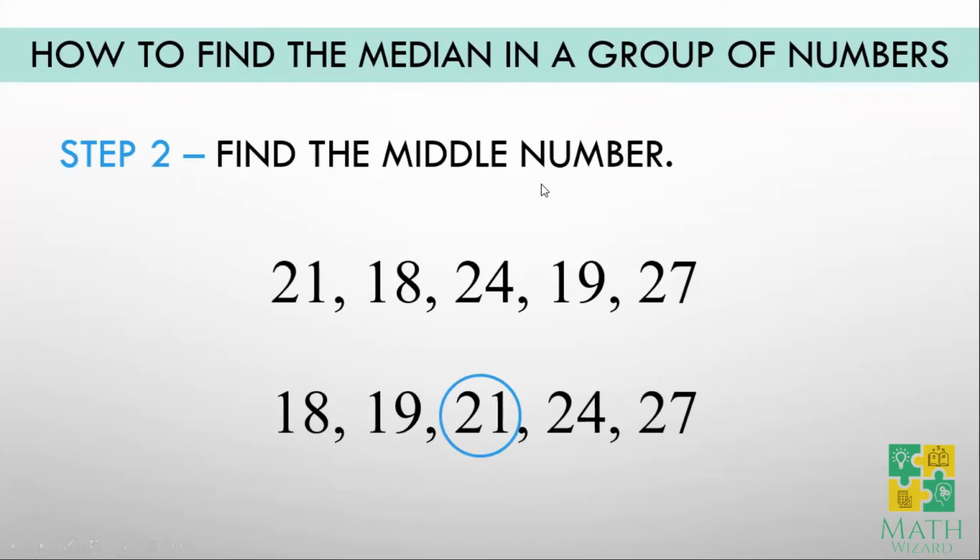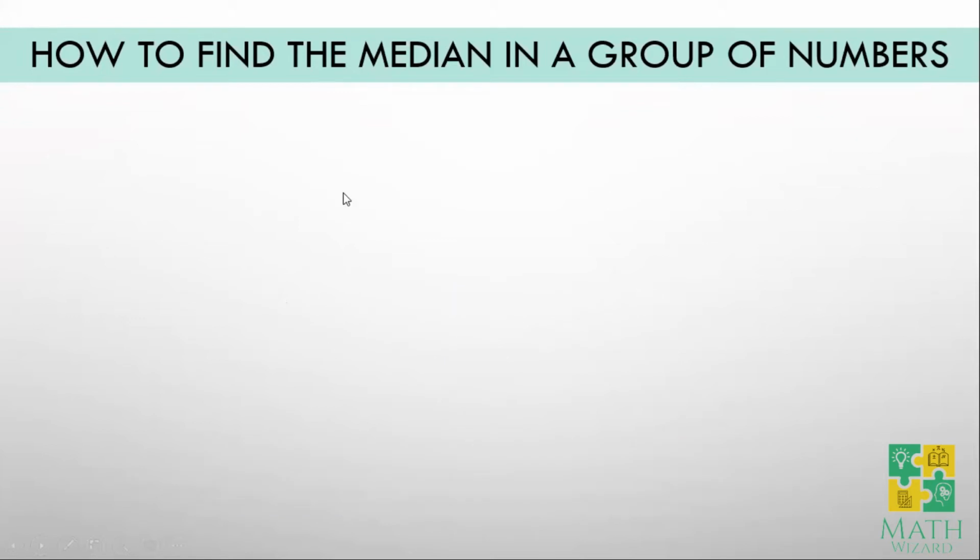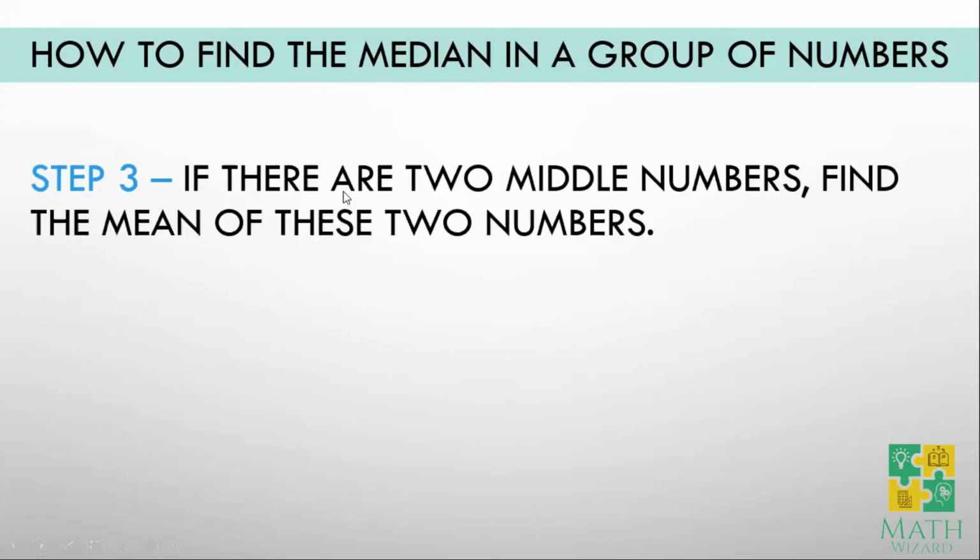Therefore, 21 is our median. But what if there are two middle numbers? How are we going to find the median? So if there are two middle numbers, for us to find the median of these two numbers, ganito lang po